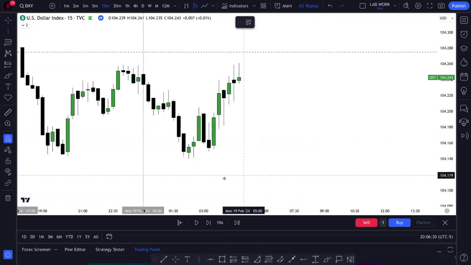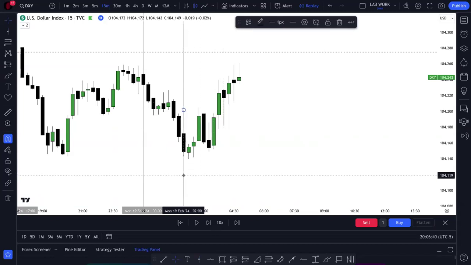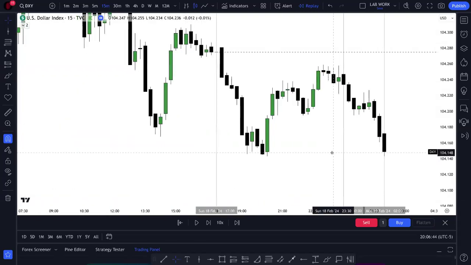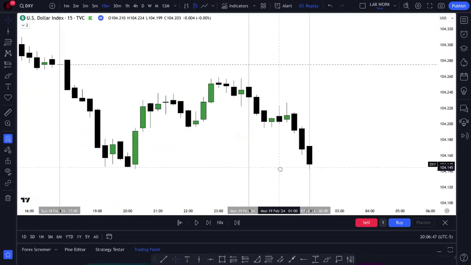I'm going to be taking midnight, after true day open, 12 a.m. New York Eastern Standard Time, and I'm going to go all the way to 2 a.m. That is going to be a dead zone. This dead zone, I call it at least, the Asian lunch. The reason I'm calling it the Asian lunch is because it happens right after